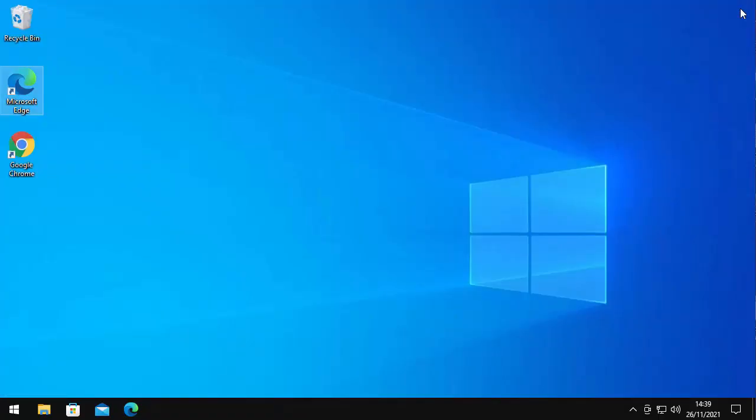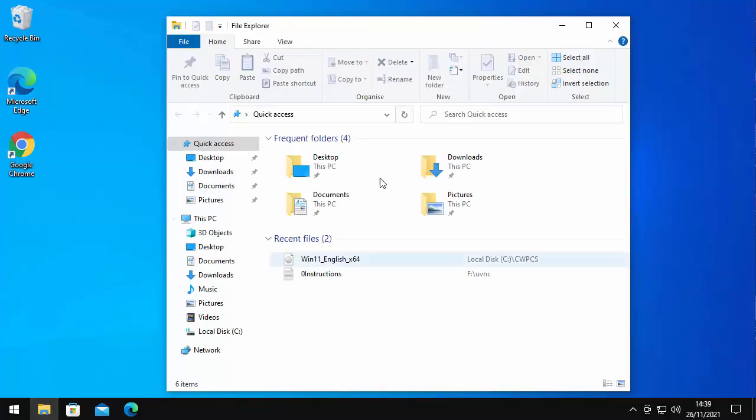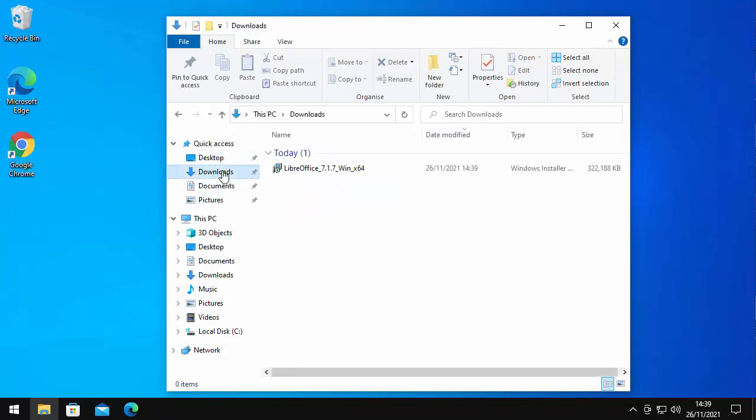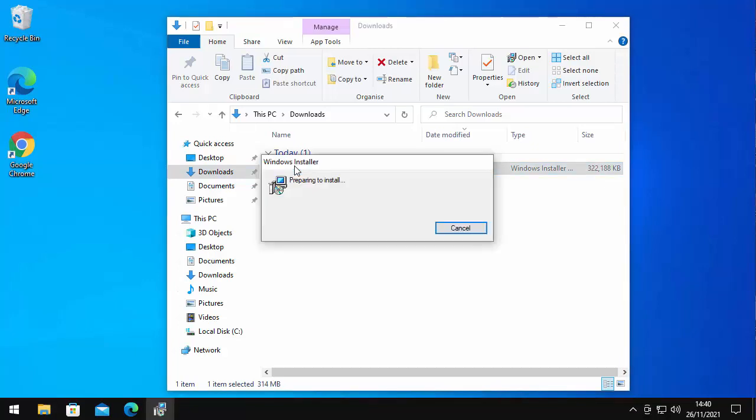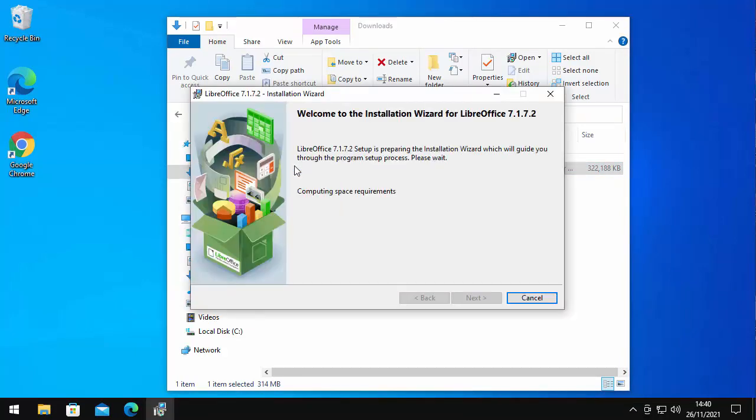Now, if you haven't used Edge and you've used a different browser, then close down your browser by clicking on the cross in the top right hand corner. Click on any yellow folder there, and on the left hand side find downloads. So just click on downloads, and then what you're looking for is LibreOffice and then a set of numbers there. So I'm just going to double click on LibreOffice, and hopefully there you go, it'll say preparing to install,